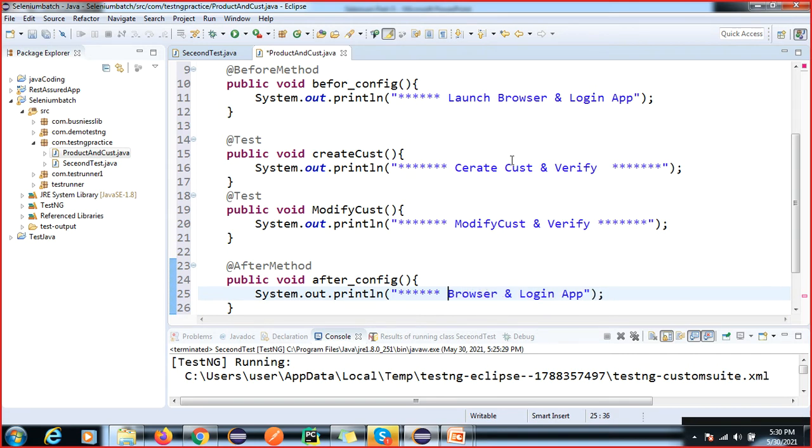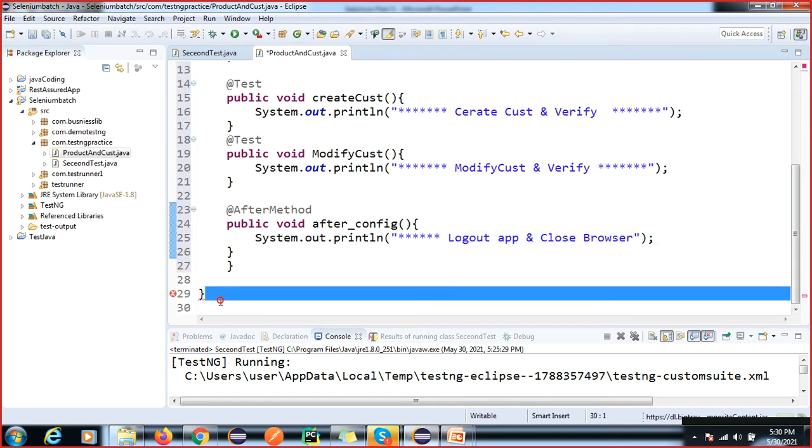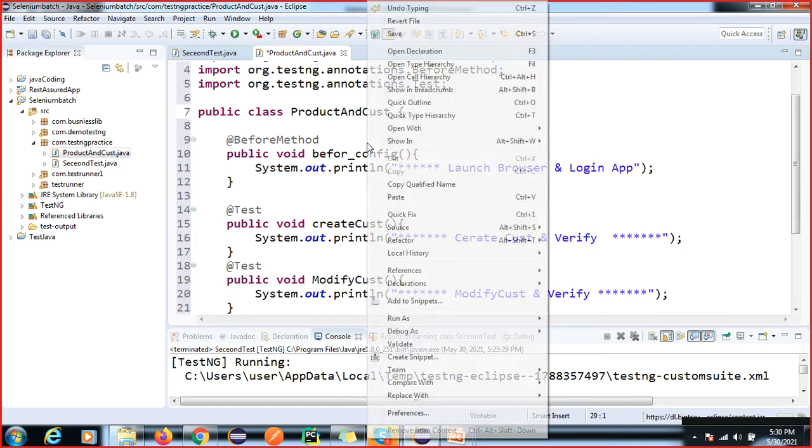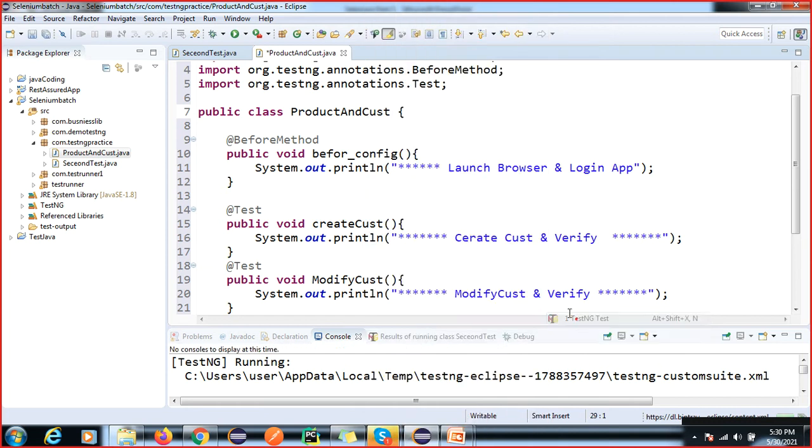In after config, first we have to log out of the application, right? Log out app and close browser. Now I will execute this code.